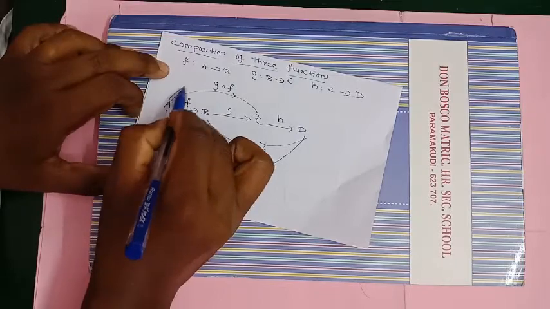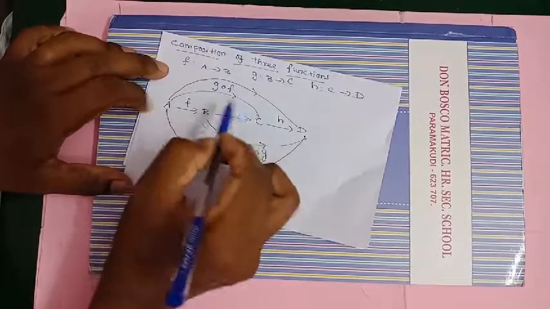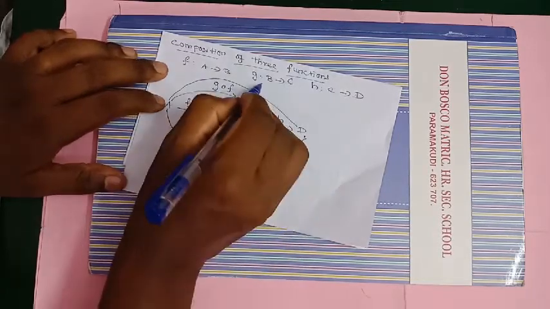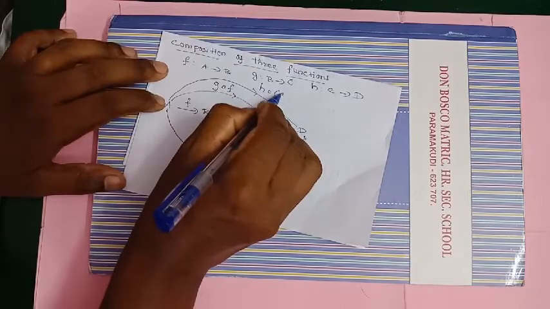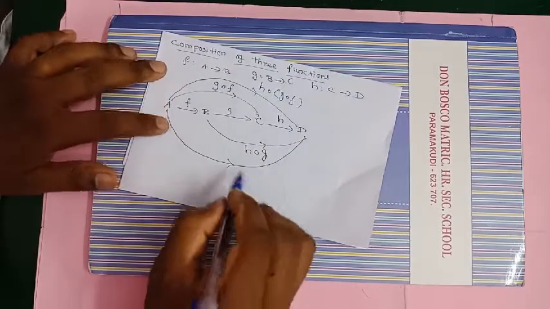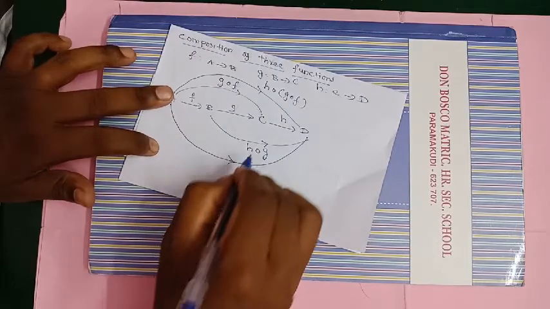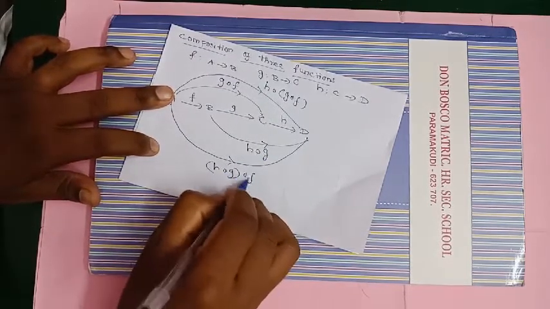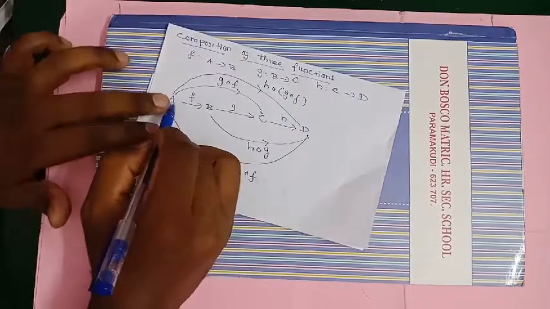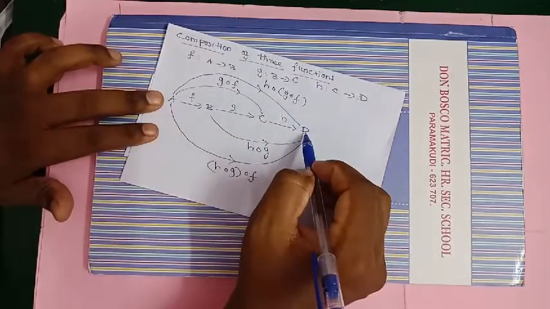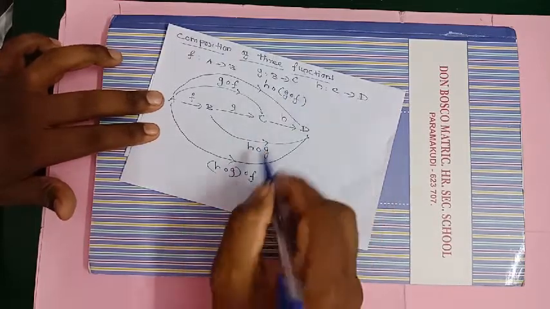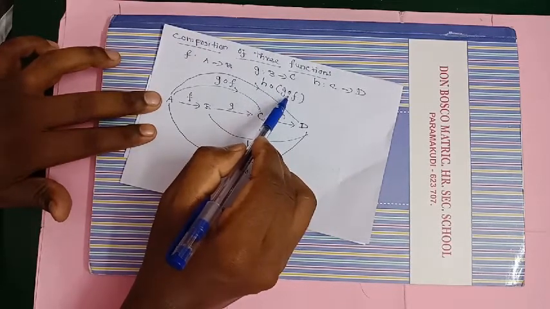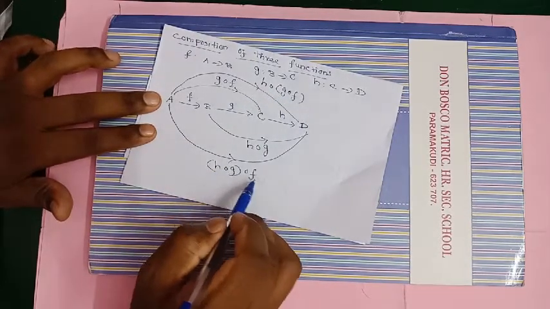If you go like this, first function G composition F, then H, then this is H composition of G composition F. This is first function F, another one H composition G, means it is H composition G composition F. Look at, both start from A and end at D, but we have two composition functions, H composition of G composition F and H composition G composition F.